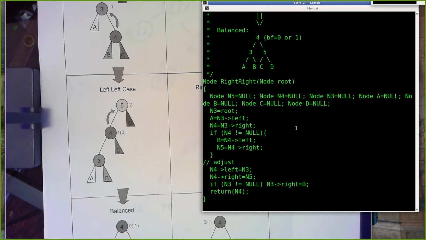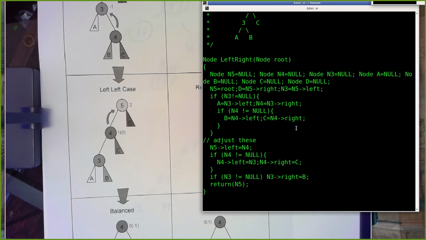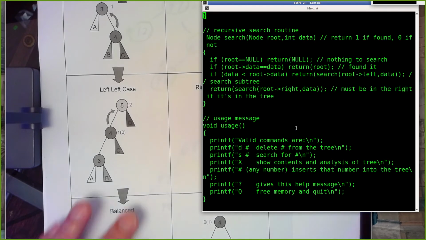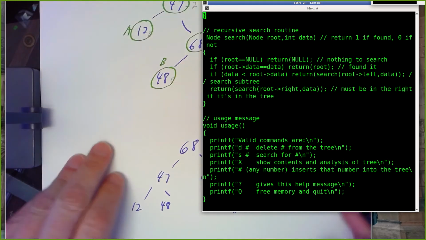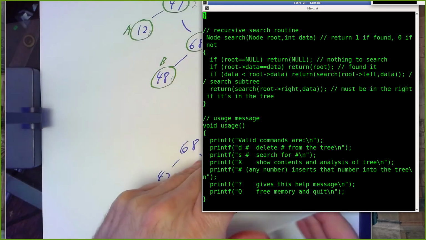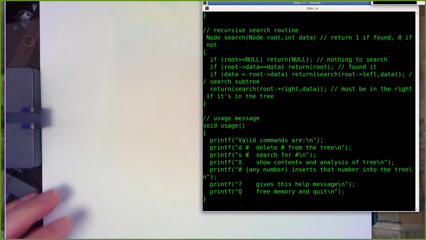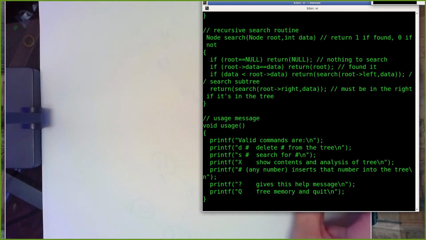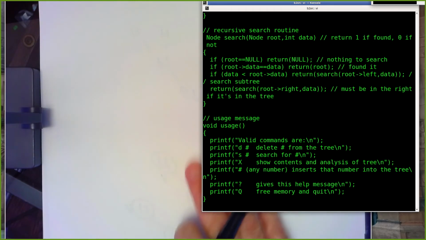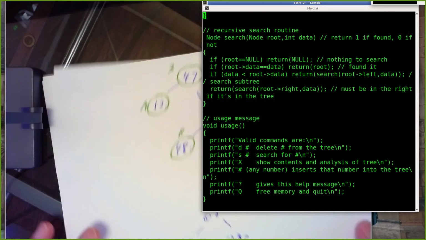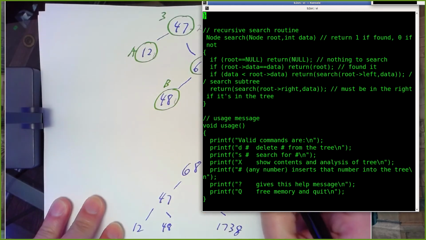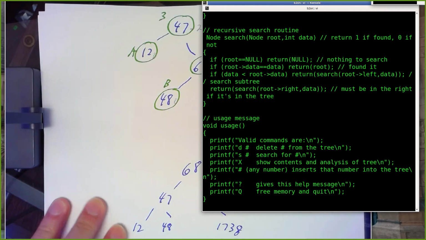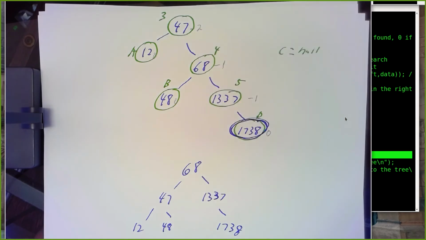So that's the whole tree balancing setup. And this works. And when you insert into a tree, now this gets into one of these areas that we would have to do some work to prove. But the way it turns out, when you insert into a tree, if this was balanced to start and we insert the 1738, well, we check the balance factor here, and it's a 0. But remember, when we inserted this 1738,